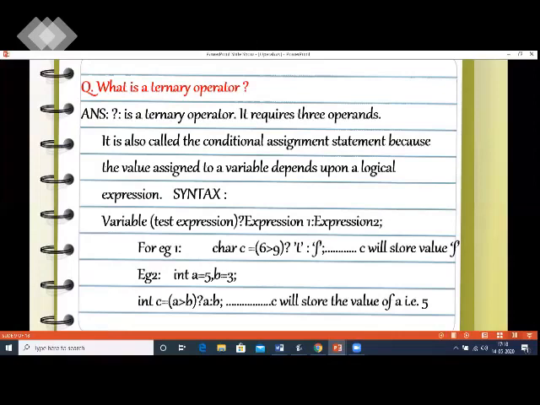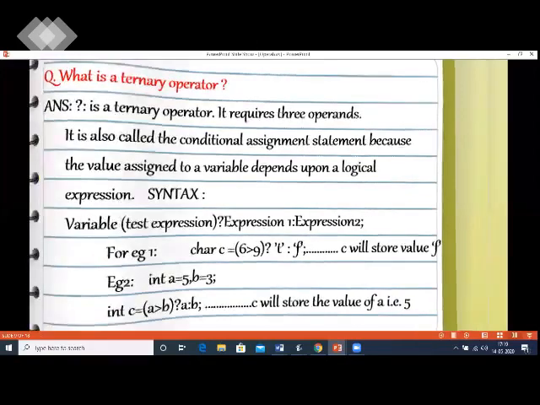The next example we have is integer a equals 5, b equals 3. Here the condition is true. So after the question mark, we have the variable a. So c will take the value in the variable a. So c will become 5. So c will show the value 5. You need to understand that in a ternary operator, the result can be either printed or assigned to a variable, but a test expression is there, then the question mark is there. Following the question mark, the true expression is there. Following the colon, the false expression is there. And depending upon the test expression, one will be implemented.